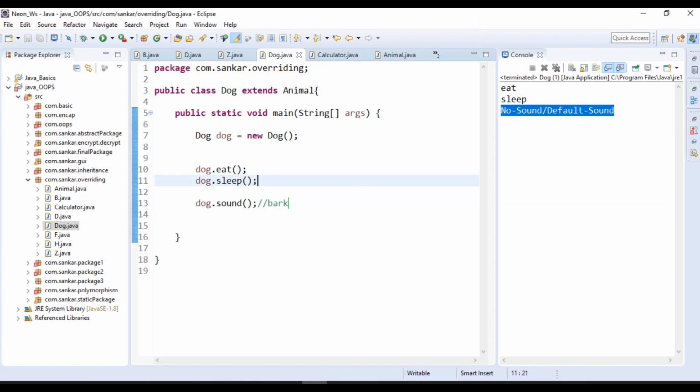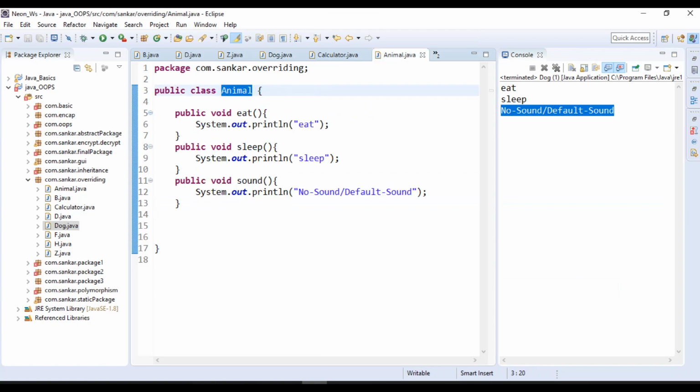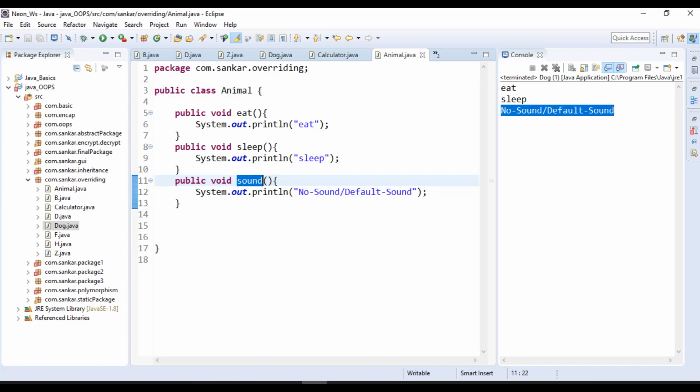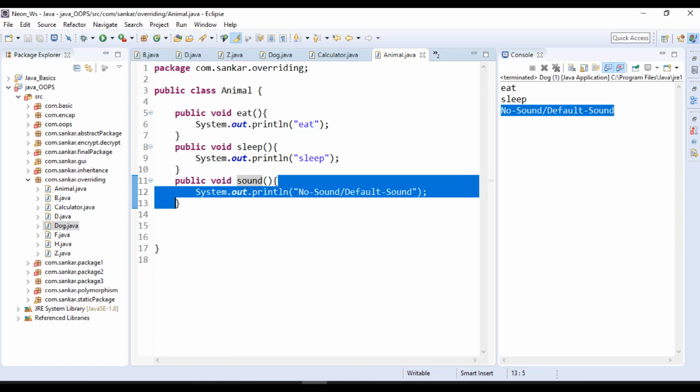Then immediately what I will do is I will go and ask the animal class. The animal class has one method, the sound method. So the dog class is asking the animal class, can you change this default message to some other message, like a dog related message? Then what will the animal class tell? No, I can't implement that in my method. I will give only a generic message. If you want, you can override it in your child class. That means in your class you can override, then you can implement your own logic.